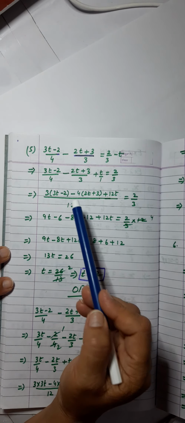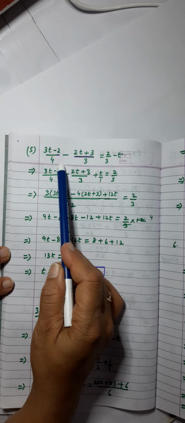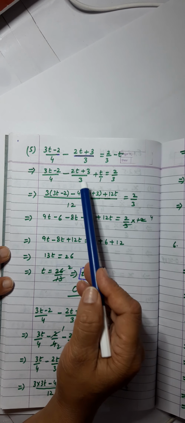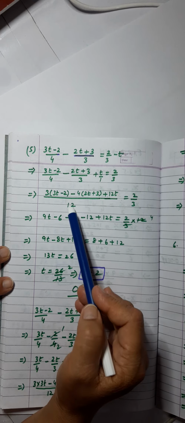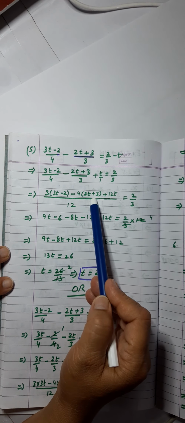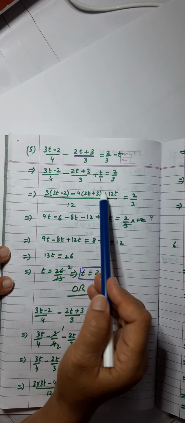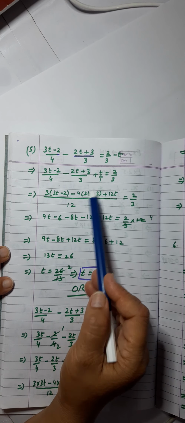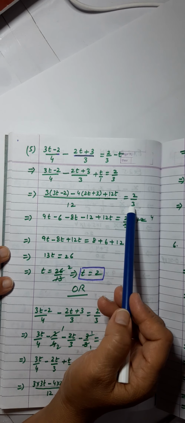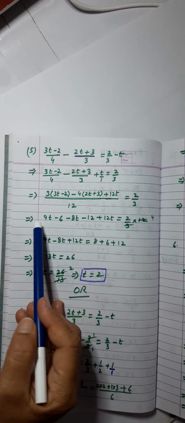I get 3. That 3 will be multiplied by 3t minus 2. Again divide 12 by 3. You get 4. 4 will be multiplied by 2t plus 3, plus 1 divides this 12, 12 into t is equal to 2 upon 3. This implies